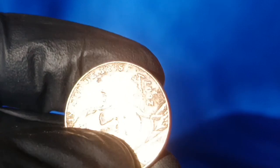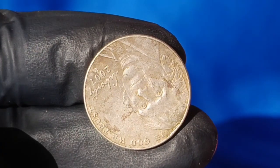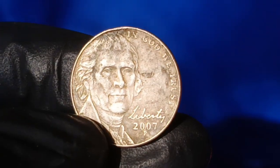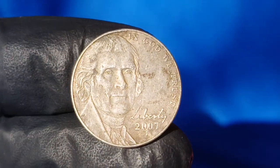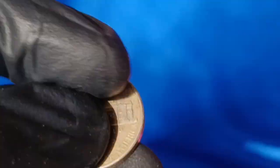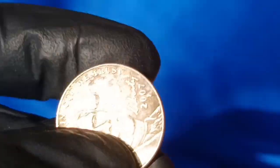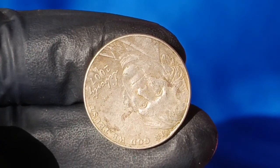The full steps designation, while not an error, significantly boosts a coin's value, as it indicates a high-quality strike where all 6 steps of Monticello are fully defined, a feature that's rare in modern nickels due to worn dies or weak strikes, and a 2007P nickel graded MS67 or MS68 with full steps could be worth $500 to $5,000. With hypothetical perfect specimens potentially fetching more, drawing comparisons to a 1964 nickel graded MS67 FS that sold for $14,100 in